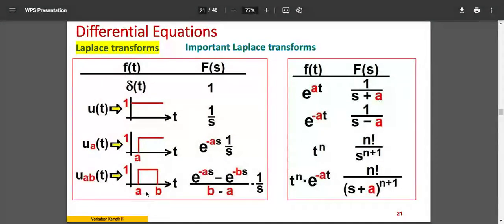Now the remaining I have to write. It is 2, it is 3 and 4. That is e power minus 3s minus e power minus 4s, and 3 minus 2 is 1. So you don't have to derive the equation or anything. Conceptually, if you remember how it has come, you'll be able to write the Laplace transform.